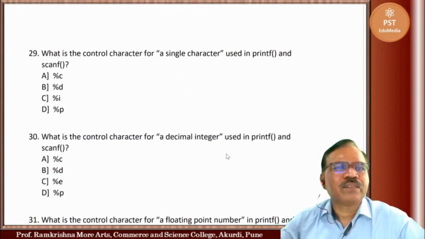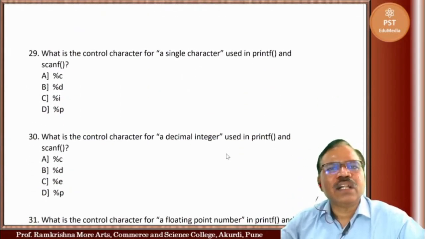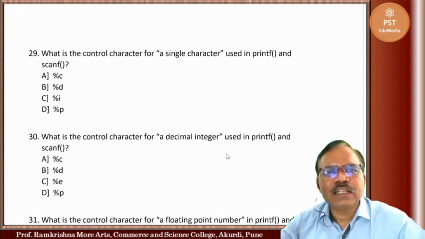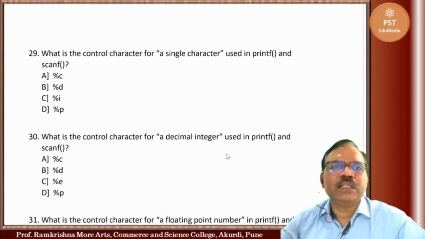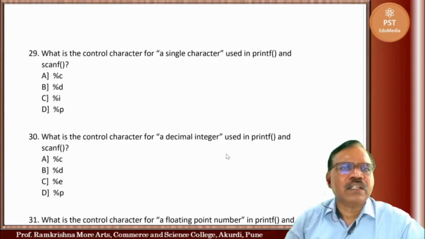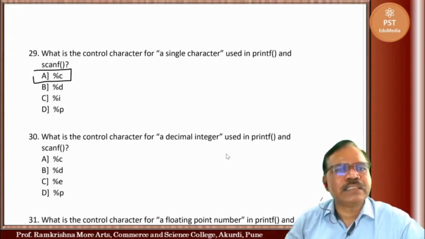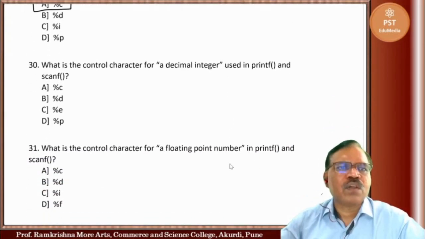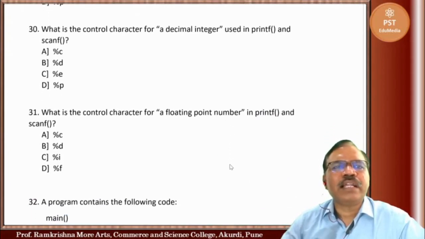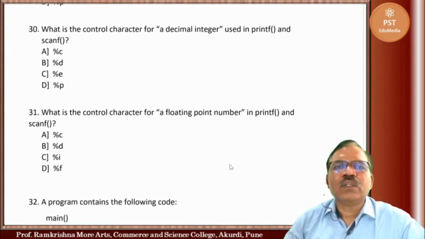Now next one. What is the control character for a single character used in printf and scanf function? For a single character it is the %c conversion character. What is the control character for decimal integer used in printf and scanf function?